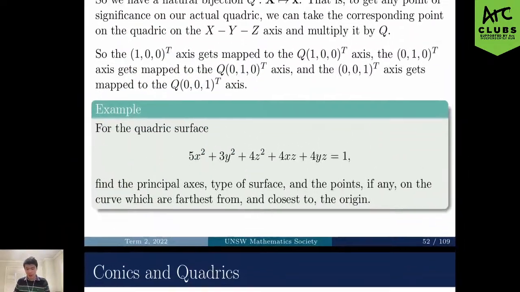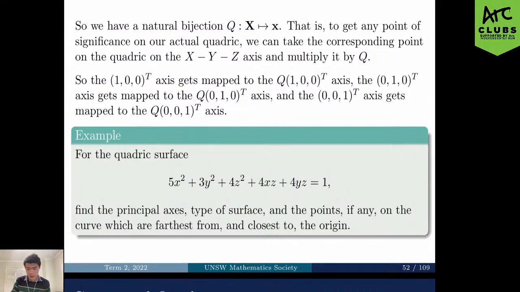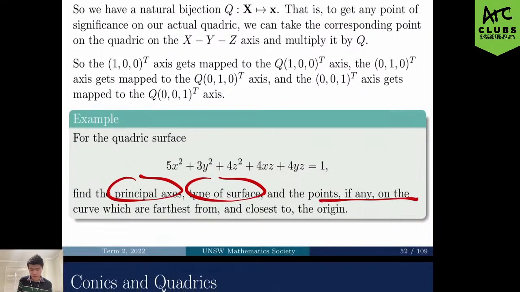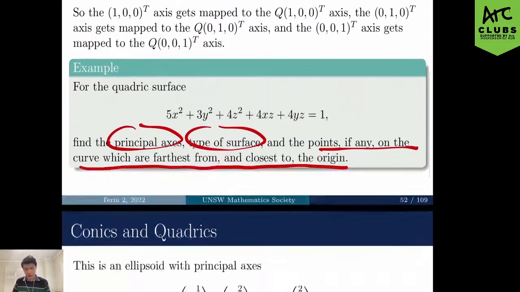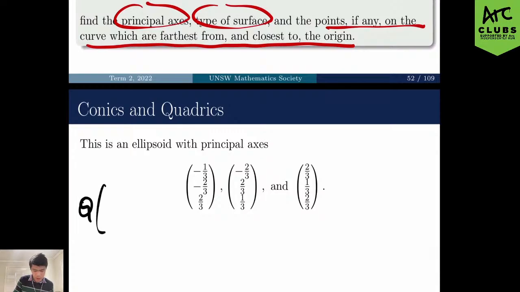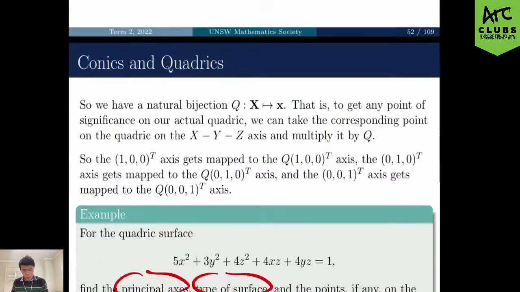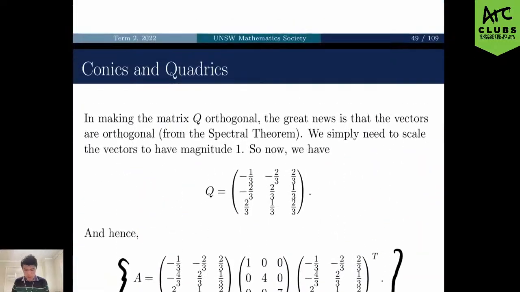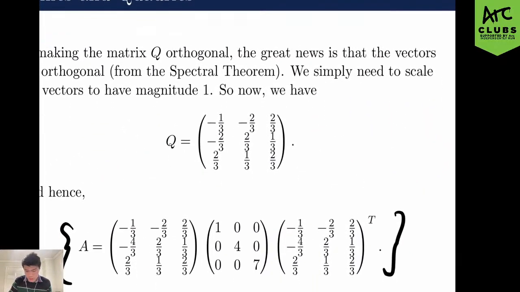And so the question actually asks us for a number of things. So for the quadratic surface, find the principal axes, the type of surface, and the points, if any, on the curve which are farthest from and closest to the origin. We won't do that last one for now, but the principal axes are just obtained by taking q times 1, 0, 0. So if you recall what q was equal to,